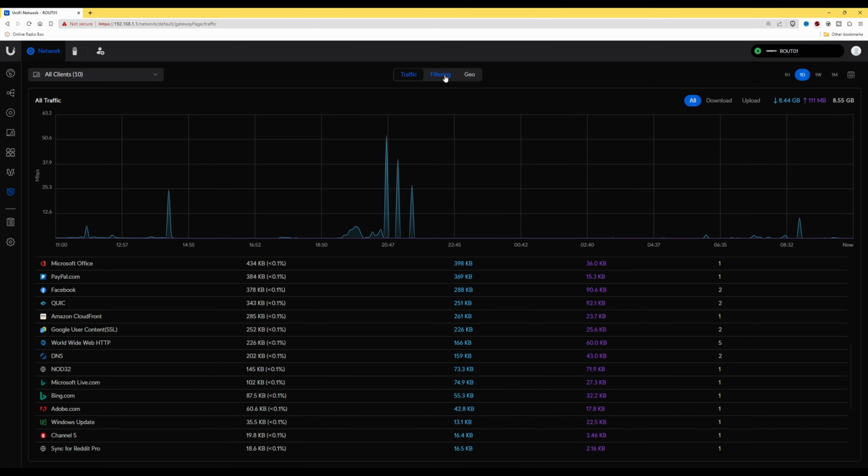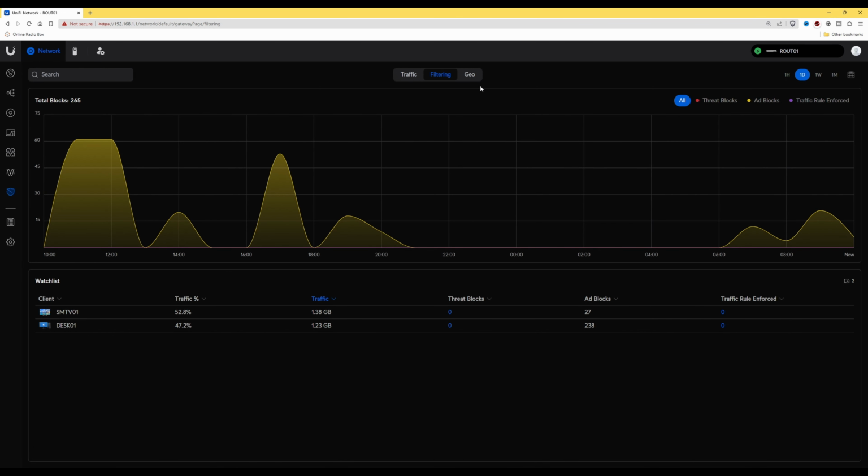At the top, we can select filtering, and here you'll see things that it's actually blocked on the network, and it provides you with a detailed graph. And as you can see, items shown in yellow here are ad blocks. So all these in this graph here are actually ad blocking, which the UniFi has done, and there's quite a lot, so it's actually quite useful for blocking ads. Any items that are shown in red on the graph will be for threats which have been blocked, and also in purple